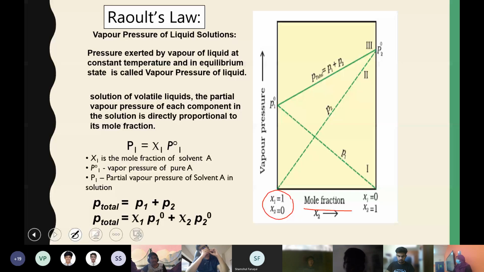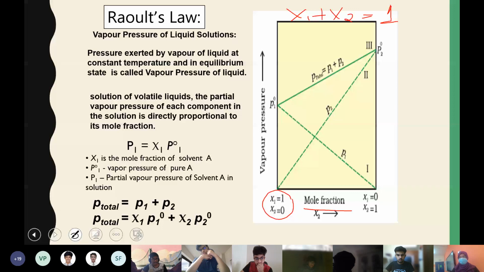There is no solute. It is just like a pure solvent, because we know that whatever components are present in a solution, the sum of chi1 plus chi2 should be equal to 1. The sum of mole fractions should always be equal to unity. So here chi1 equal to 1 means it is made up of only one substance, the pure component 1, or you can say just a solvent. That is why at that condition the vapor pressure is taken as P1 naught, because the zero denotes the vapor pressure of the pure component, like pure water.